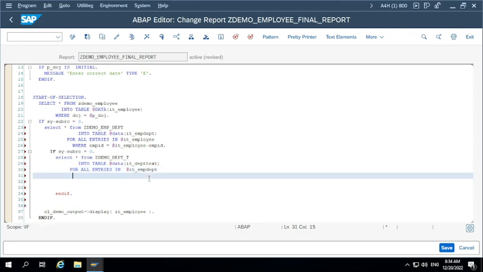And what is the where condition? Where EMP ID... What is the common field between the department table and the department text table? Department ID. Department ID equal to